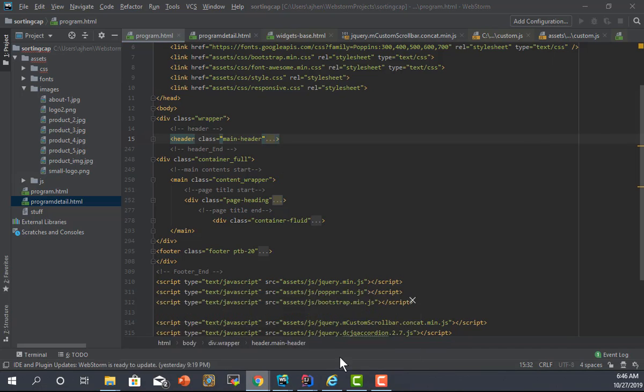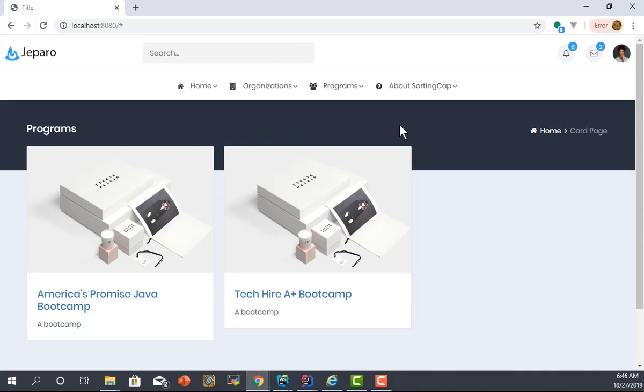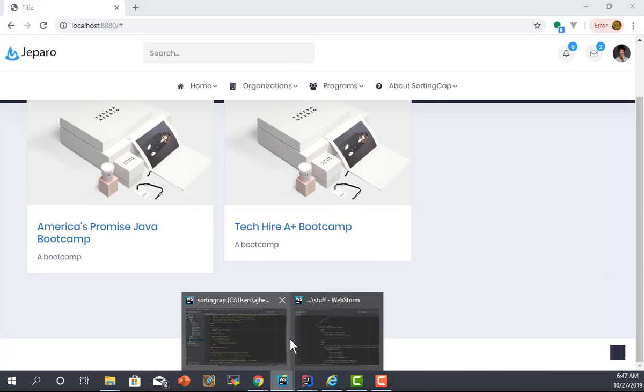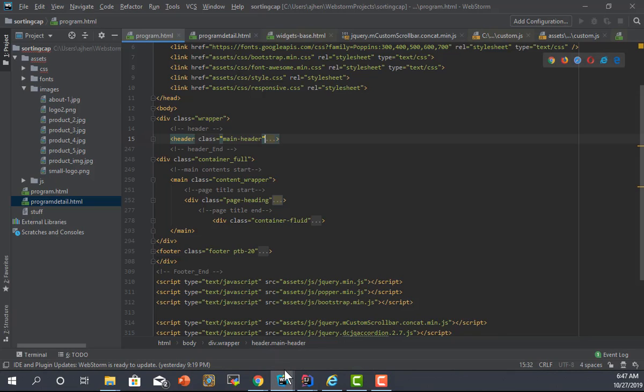The page heading is this bar at the top, with a title of some type and our breadcrumbs. I want to keep that style the same too. I want everything to start with these cards or whatever goes here in the middle. So I'm going to leave my page the same,